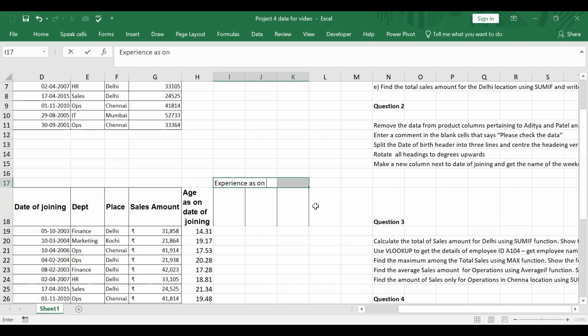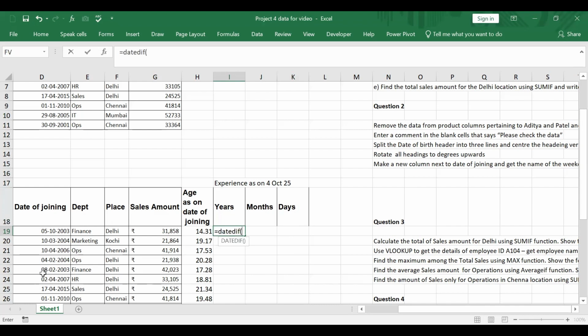Experience as on 4 October. The years, month, days. Formula for that is equal to DATEDIF